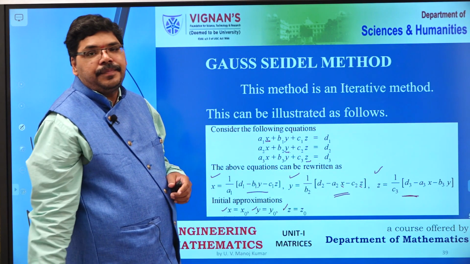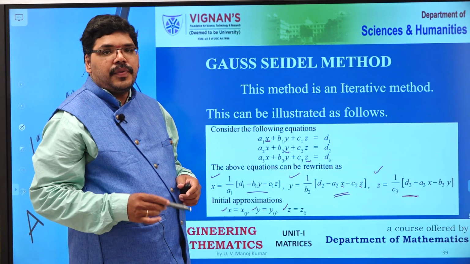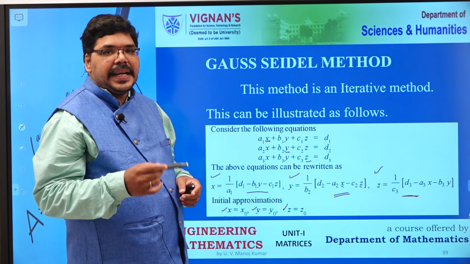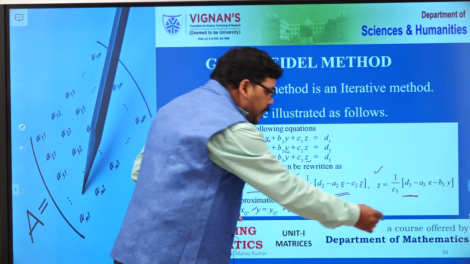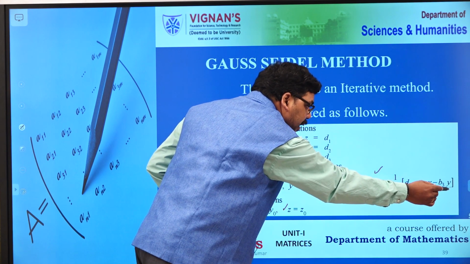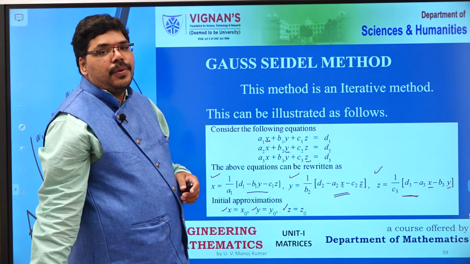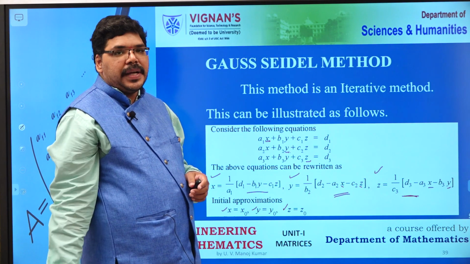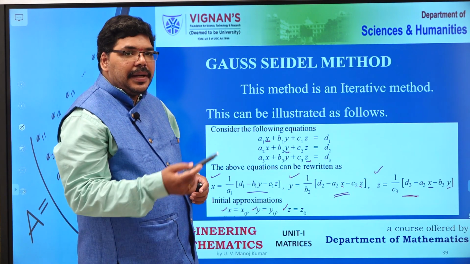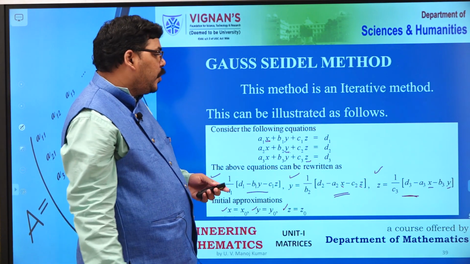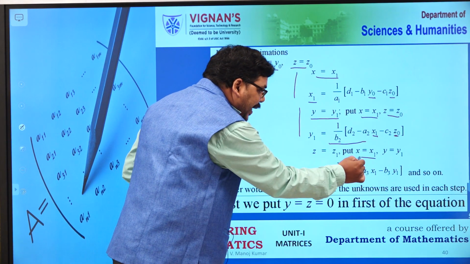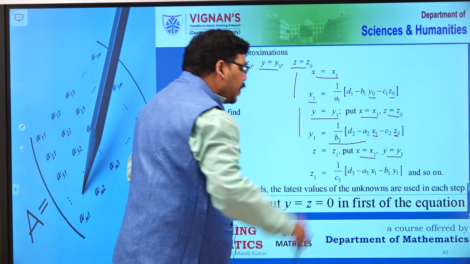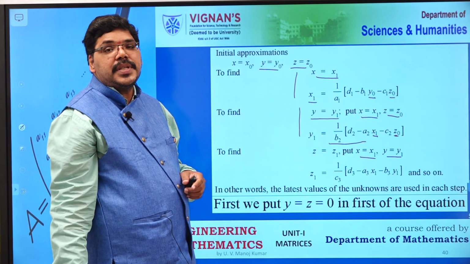This is the expression for finding the next iterative value of z. In that, what are the variables? x and y. So when you want to find z1, you need to substitute x and y. What values of x and y do you have to substitute?